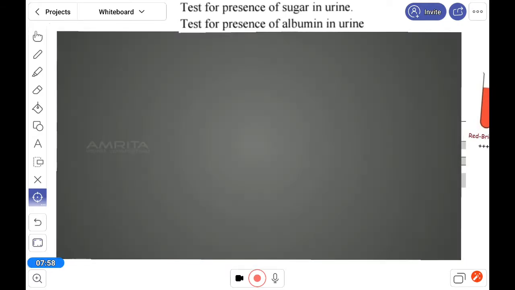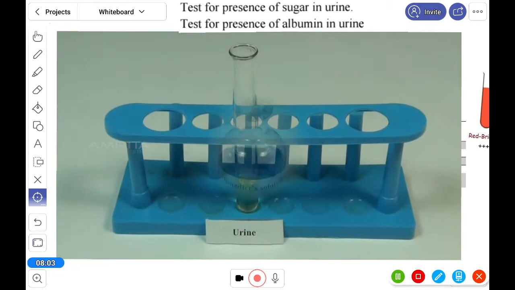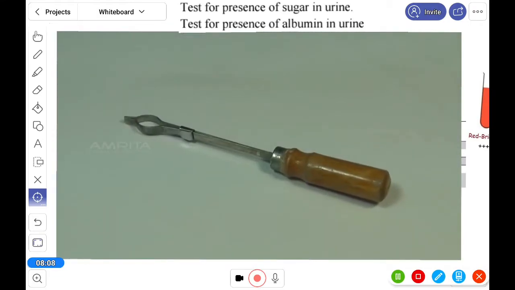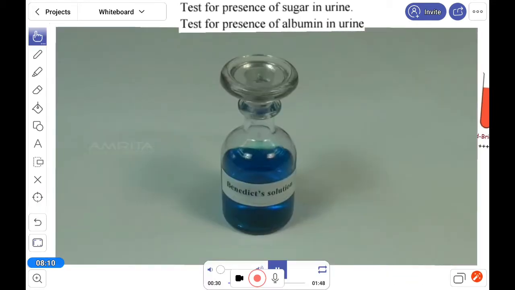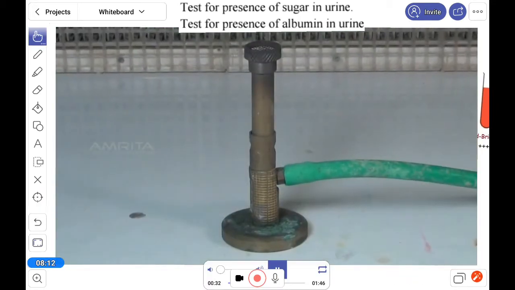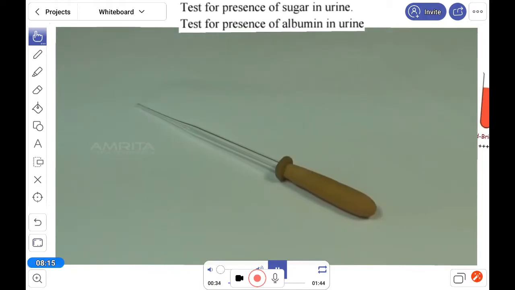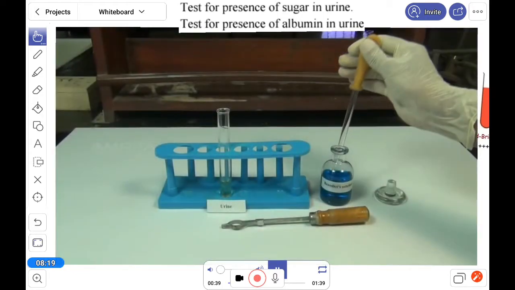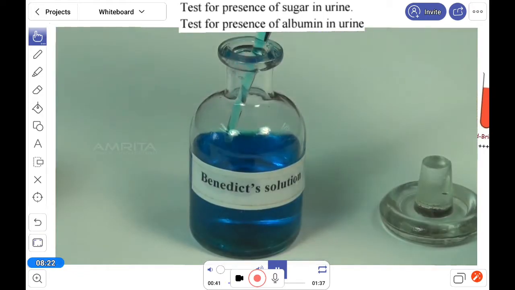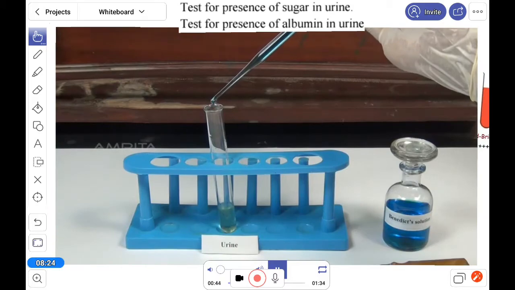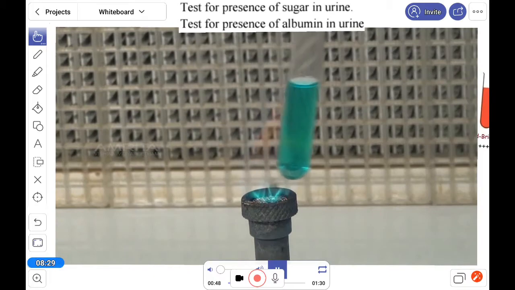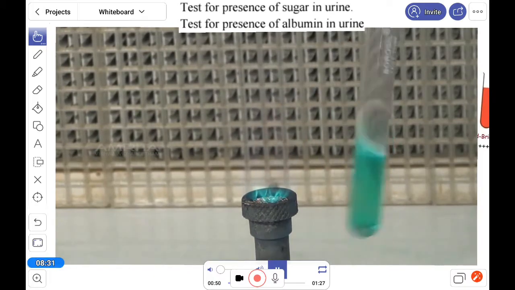So we will do the Benedict test. The materials required here are the Benedict solution, urine sample, a burner and holder, and a dropper. For the procedure, you have to take the Benedict solution and the same amount of urine. We take a small amount of both, and after that we heat it.